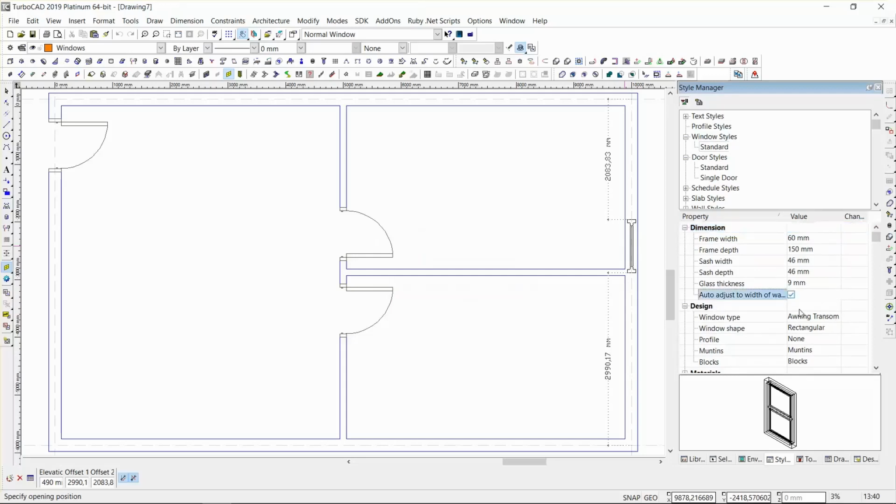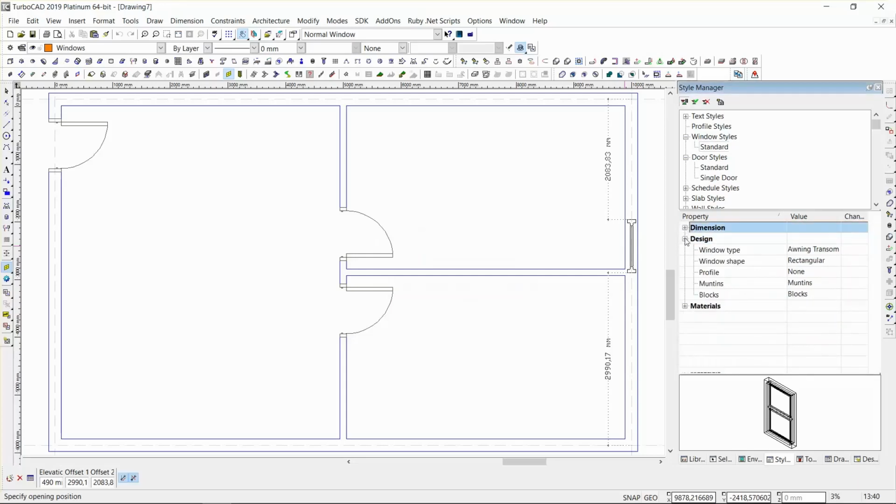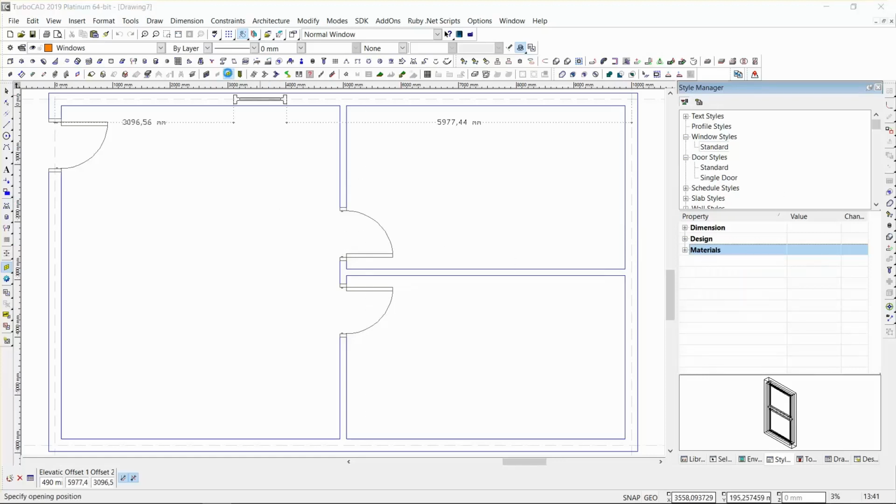Let me just tick that little auto width to width of wall. You can choose a whole bunch of different types of windows here as well. Okay. That is not available in Deluxe. Now in the Deluxe version, you only have a single. I think you've got two types of windows, two types of doors. Right, here you can also change the material of any part of the window, of the glass, of the frame, anything. Right. Okay, I'm just going to accept that,